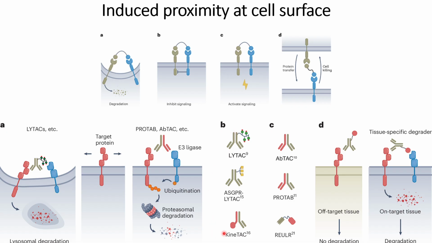These are some of the commonly used antibodies or reagents to target degradation of specific proteins. And through the other strategy, ubiquitination, there are also designed antibodies such as APTEC10, PROTAB11, and RULER 21, and these will trigger degradation based on